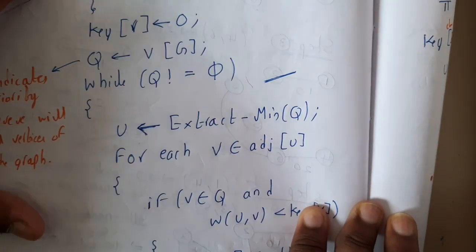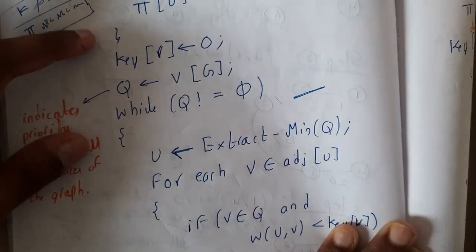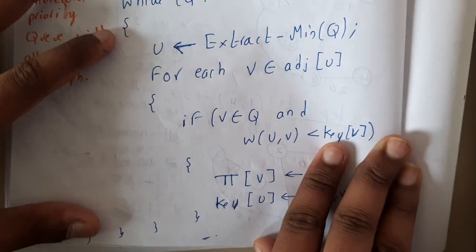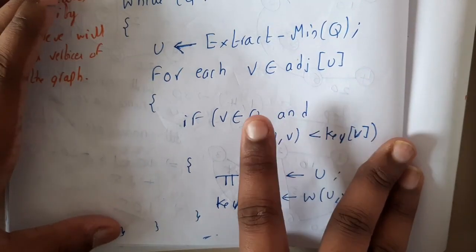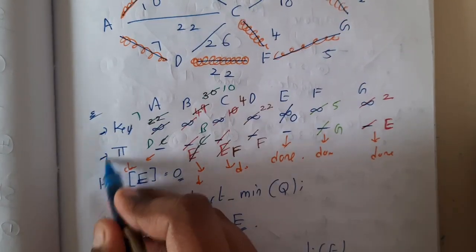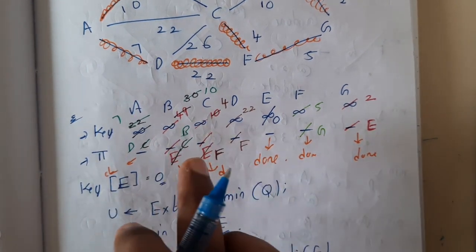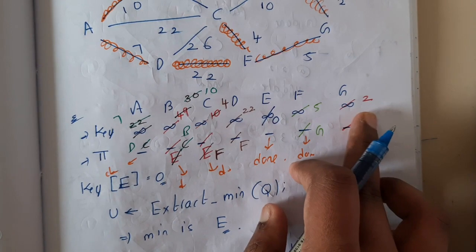So there is nothing much in this algorithm. Initially you will be initializing the keys to infinity and the parents to nil. After that you will be pushing the whole vertex list into a queue, and then you will be comparing each and everything, and you will be selecting the least one, avoiding the loops. That's it. Okay, so here you will be having key, and here you will be having pi. Basically in pi you will be storing the path in which it is going, and in key you will be representing the cost of it.